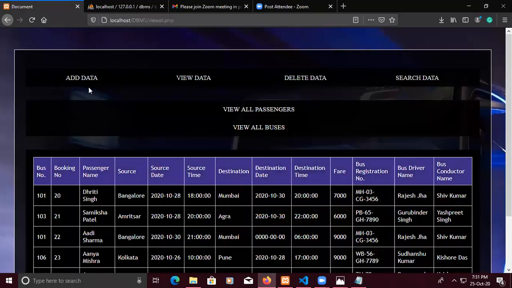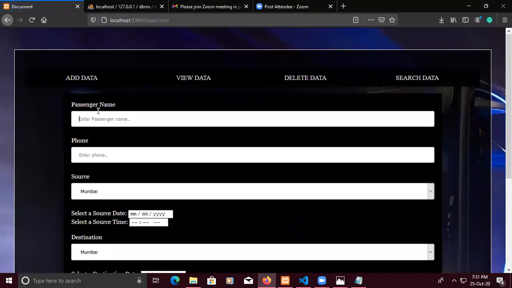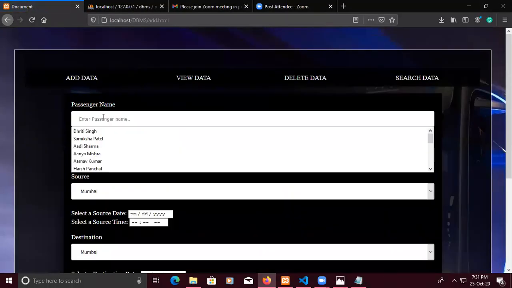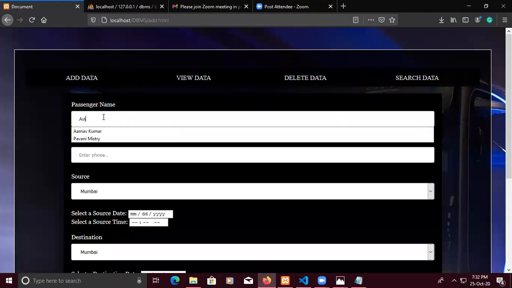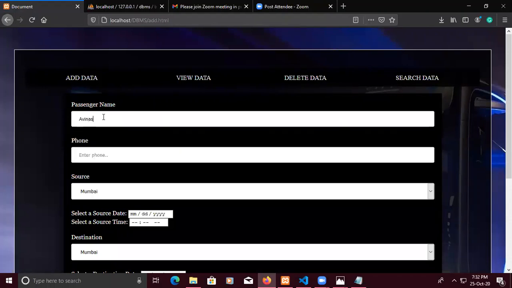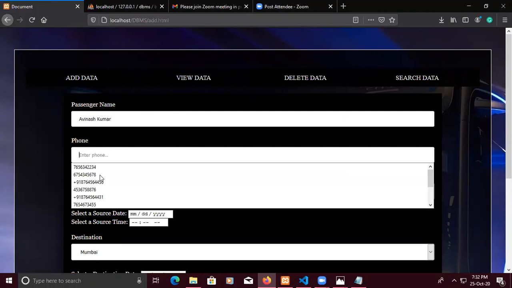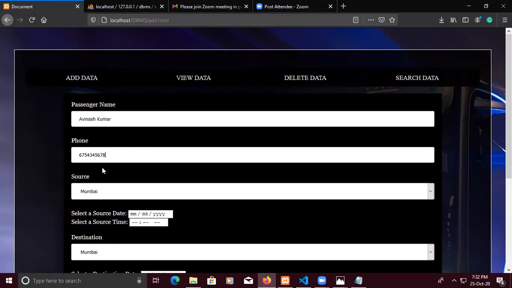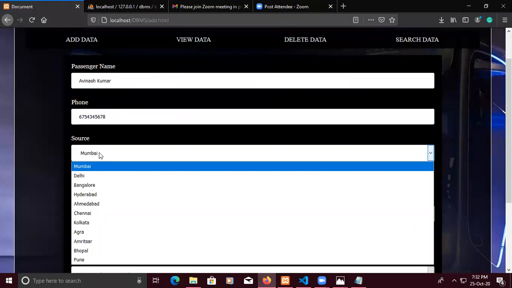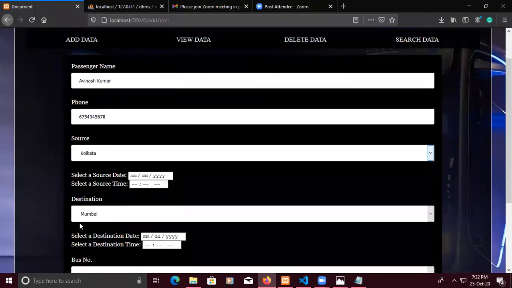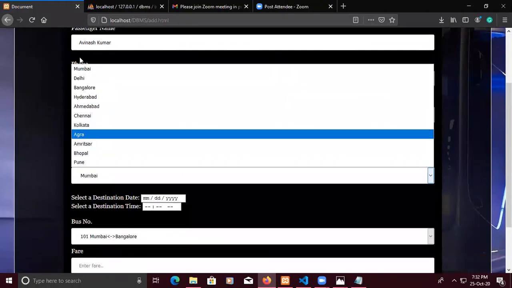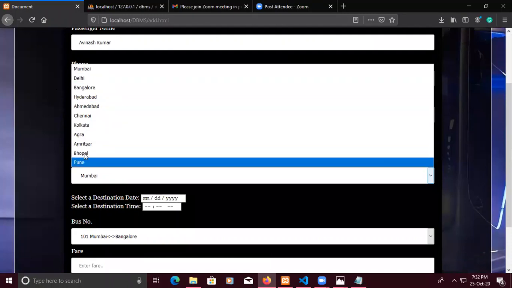Let us take add data. Let's suppose the passenger's name is Avinash Kumar. His number would be something like this, for example. He wants to go from Kolkata to, let's suppose, Pune.